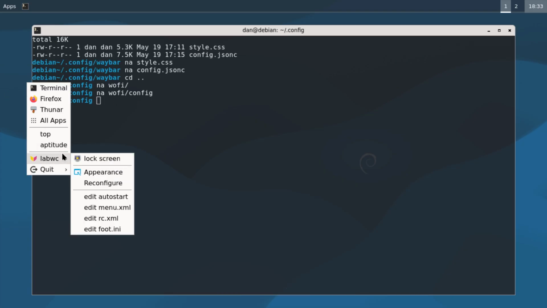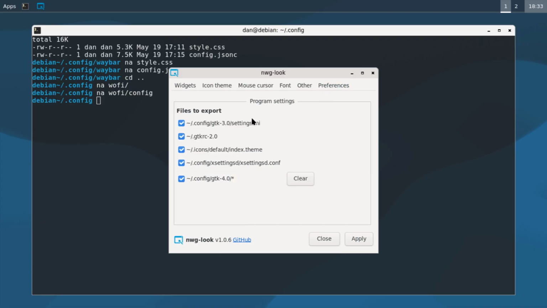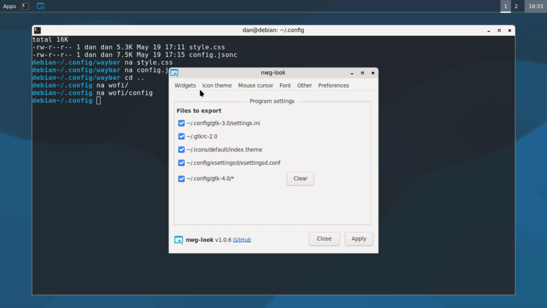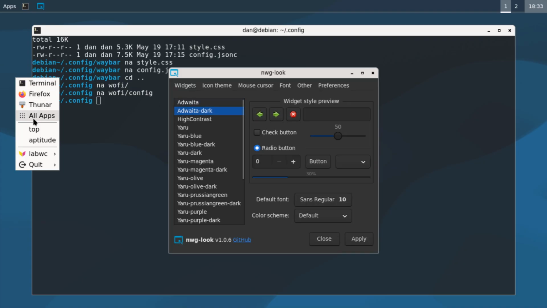But we can also set the looks here with nwg-look. This is for another Wayland shell, but it is also configuring. Here the preferences files are listed, and there the settings are saved. So when you change something, it gets saved in these configuration files. I could also switch to Adwaita dark, as you see now,